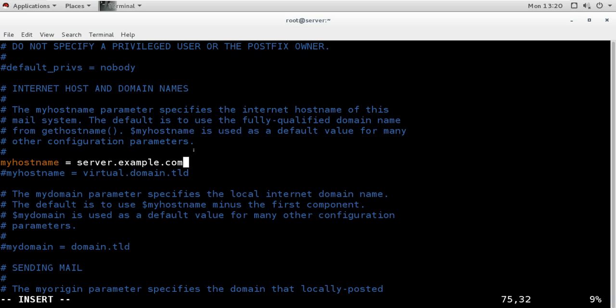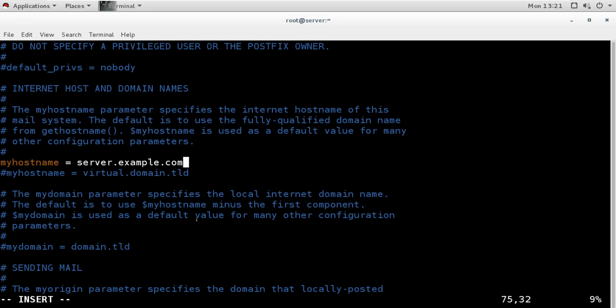So basically, it is a variable we are setting. Remember, we are setting only the variable myhostname. This variable is going to be used in the full configuration file. In this configuration file, there are many configurations where this variable is used, and whenever it is used, that means the server name will be this.